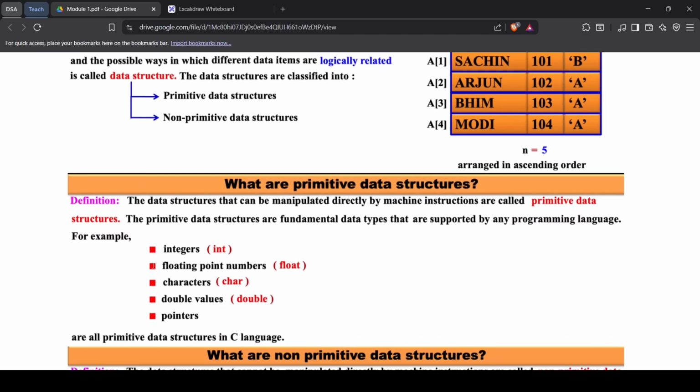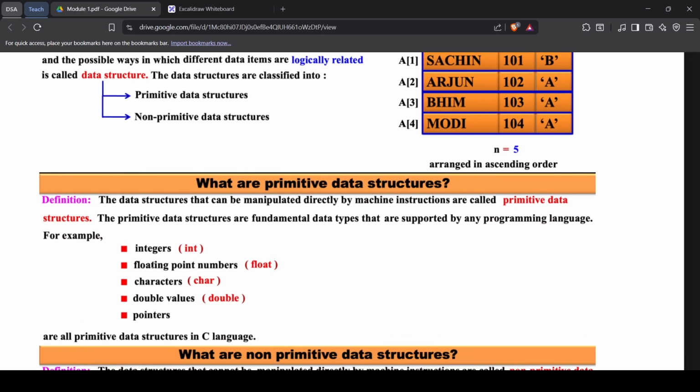So what are the primitive data structures which we are thinking? Basically, primitive data structures are nothing but fundamental data types ಅಂತ ಅನ್ಕೊಳ್ಳಿ. Don't get confused here. These are those that can be manipulated directly by machine instructions ಅಂತ ಏನೇನು ಕೊಟ್ಟಿದ್ದಾರೆ. Again, ಯಾವುದೇ data structure which can be directly handled by the machine instructions, like machine instructions can be move that variable from xyz location to that location. Now again, you can do it for your non-primitive also, but machine instructions ಮಾತ್ರ ಯೂಸ್ ಮಾಡಿಕೊಂಡು without any your own instruction